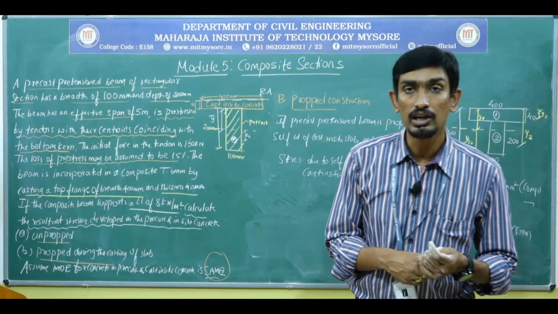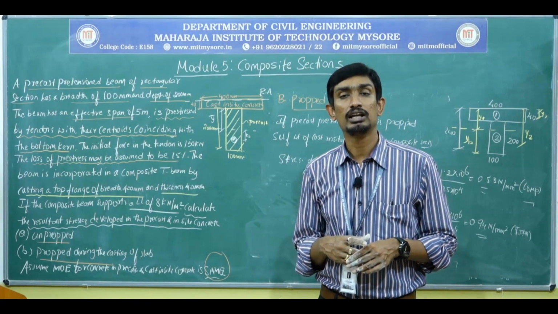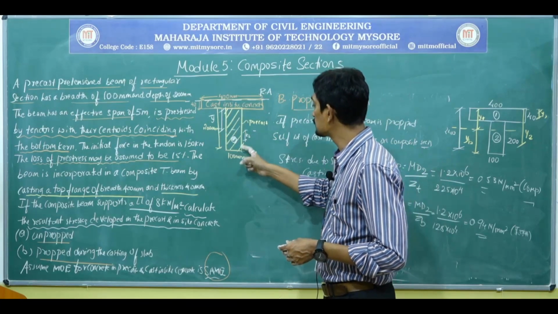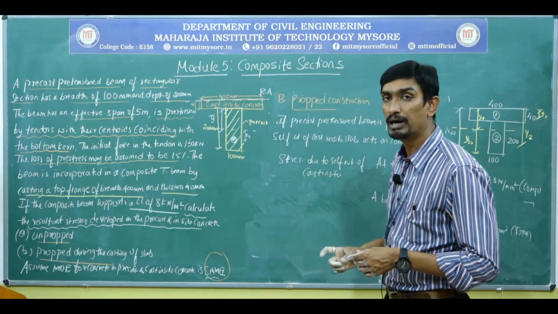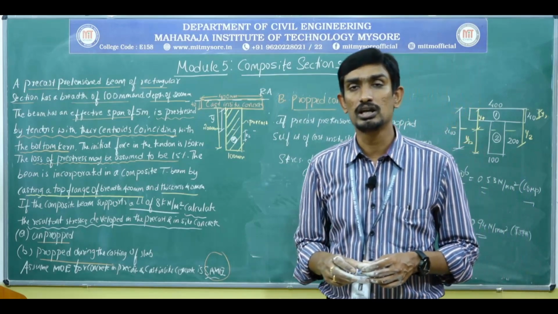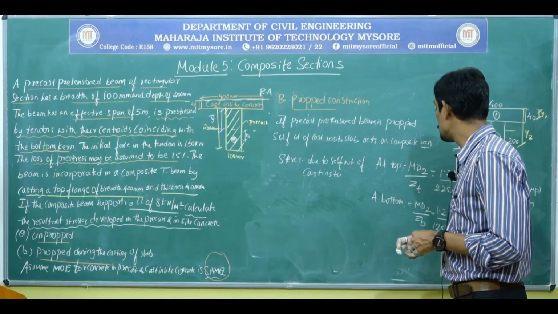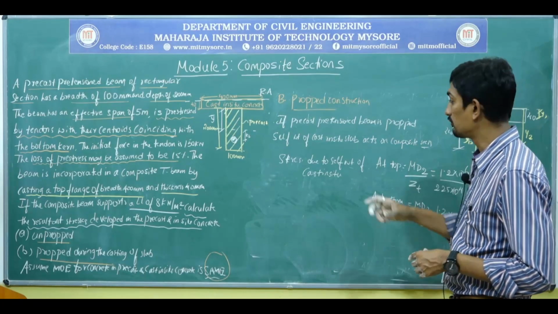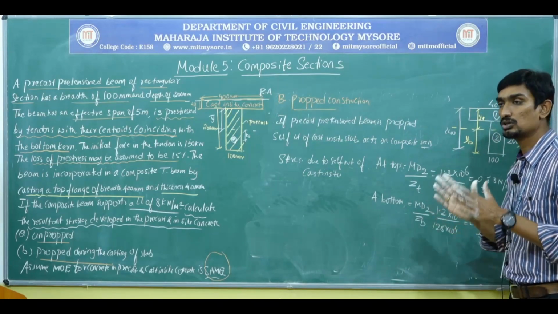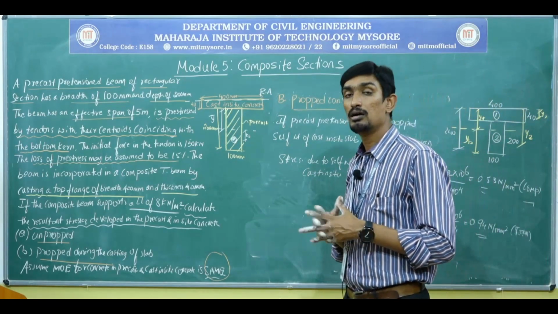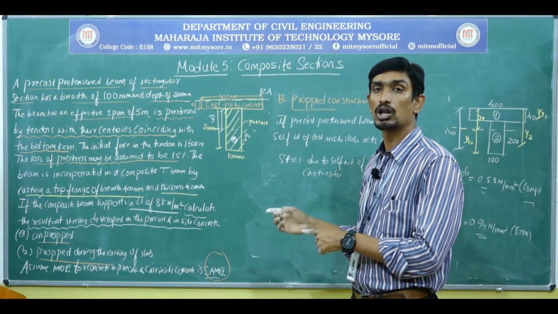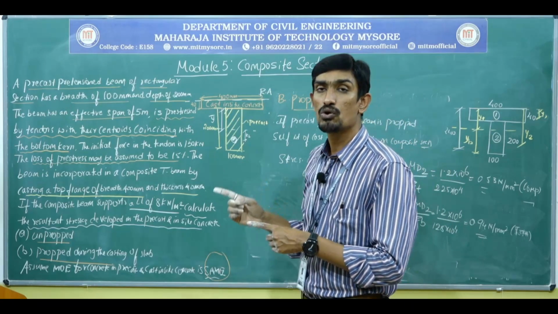The next thing is, in the unpropped case, while calculating the stresses due to self-weight of cast in situ, I am going to consider the dimensions of the precast pretension. But in the propped construction, when I calculate the stresses due to the self-weight of cast in situ, I am going to consider the sectional modulus of the entire composite section, that is ZT and ZB. So this is the only change in the propped and unpropped case. This is the step I am going to follow if the MOE ratio is the same.